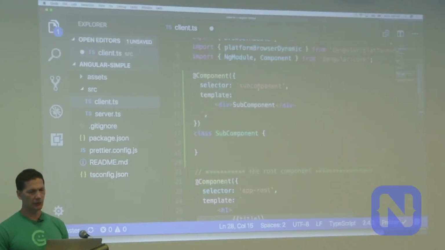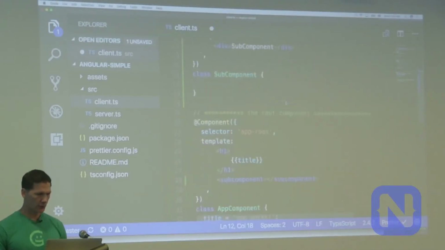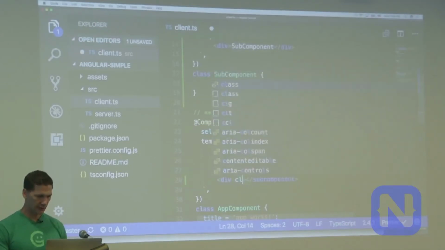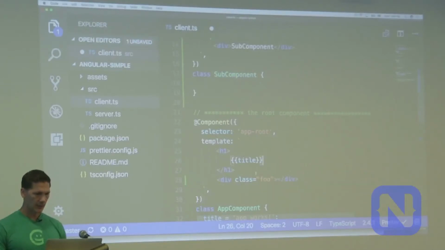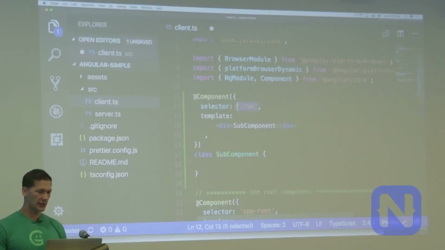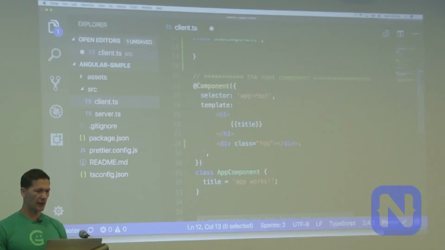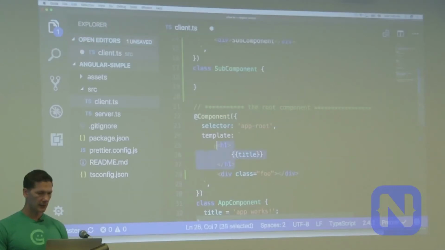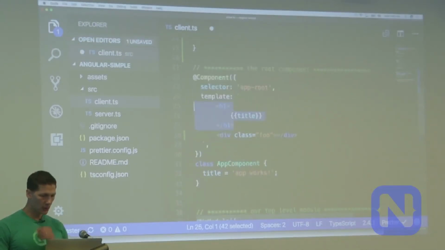Just as other examples, this is like any other CSS selector. So you could also do something like .foo, which you would have to change this to div class equals foo. So it's a selector, just like any other CSS selector, and it selects stuff from the parent component. And then right here in the parent component, we're rendering a property. That's what's set in the actual properties of the class.